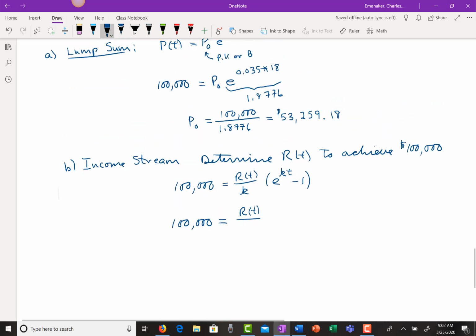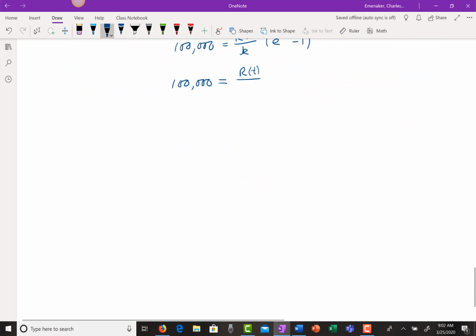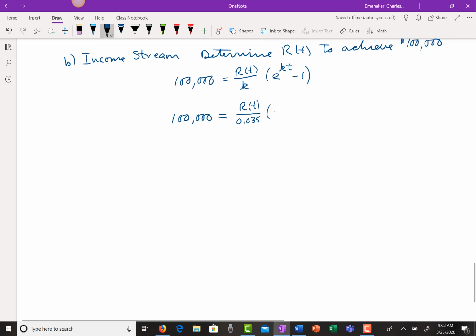The interest rate, I believe, was 3.5%, so it's going to be 0.035 times e to the kt, so 0.035 times, this time it's going to be 18 years, minus 1. Okay, and a great deal of this you can work out on the calculator. What we can do is rewrite this as R of t, and using our algebra,